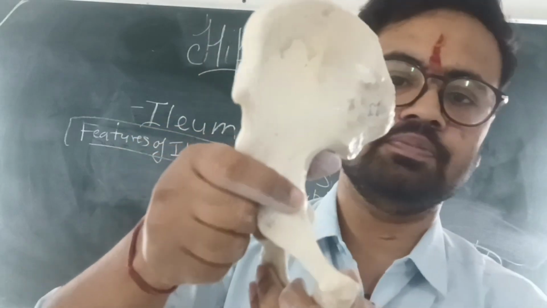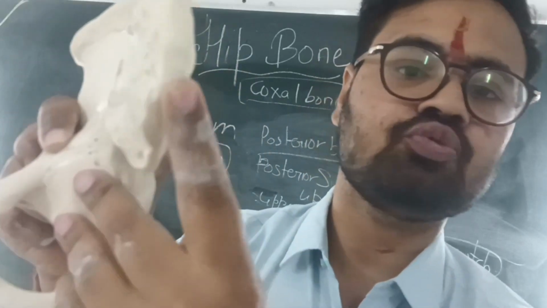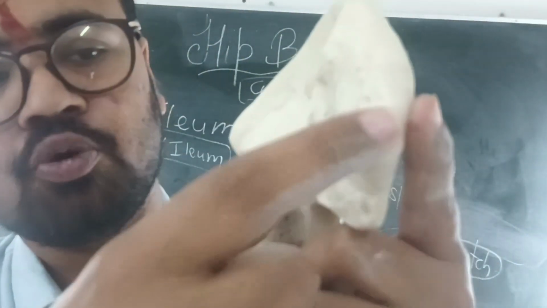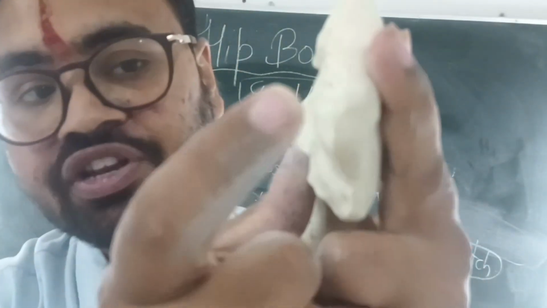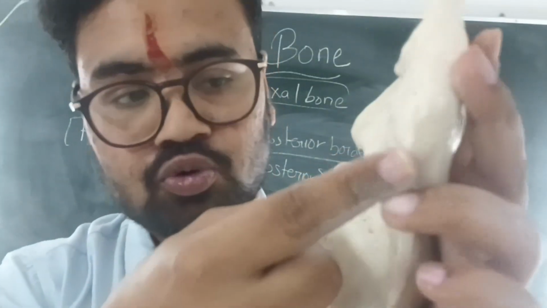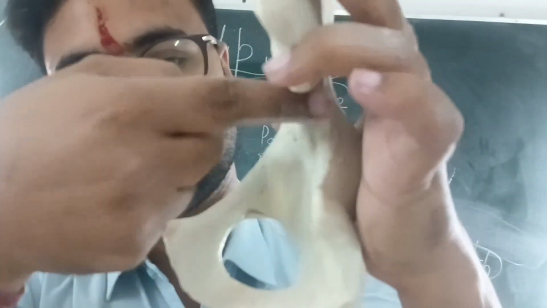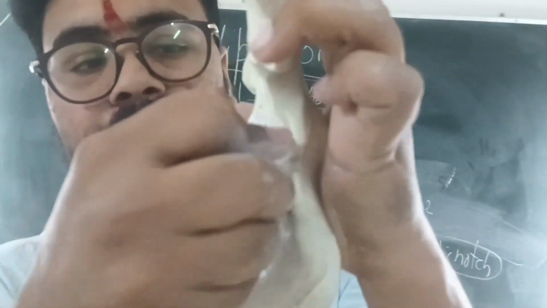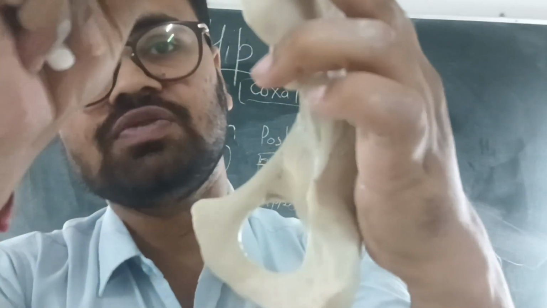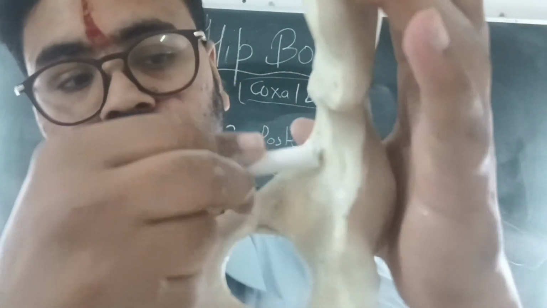We will keep the pelvic bone like this. So this portion comes posteriorly. The posterior superior border, see, this is the posterior superior iliac spine. The posterior border extends from the posterior superior iliac spine up to the upper half of the sciatic notch. This one is the sciatic notch. So this portion is the upper half of the sciatic notch. So this one is the posterior border, extends from the posterior superior iliac spine up to the upper half of